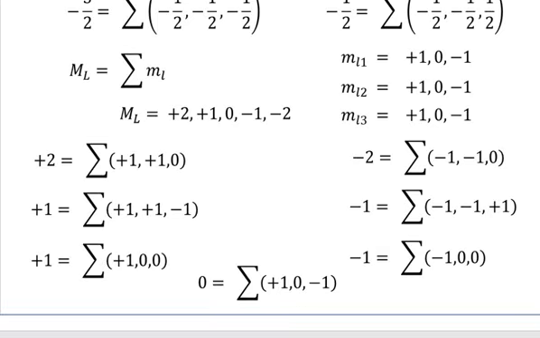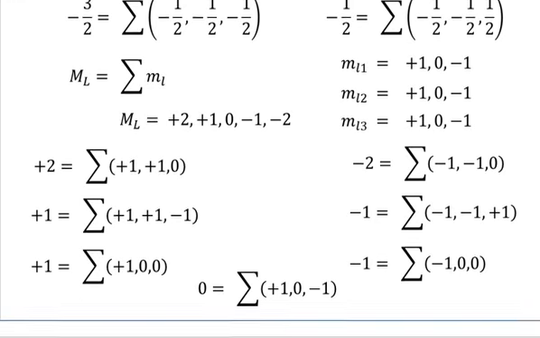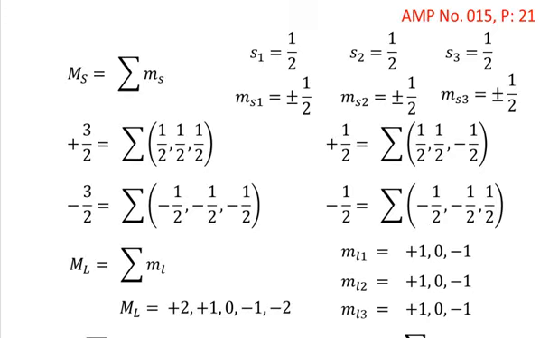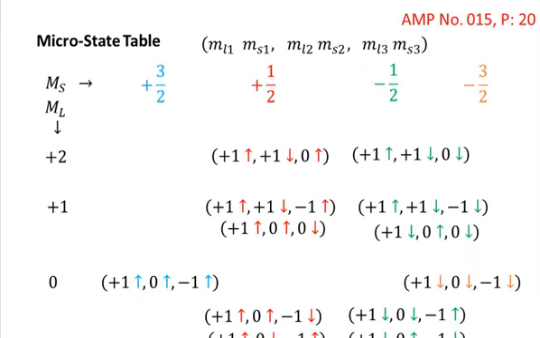So you see that I have given you the description of how you can construct the capital M_L and capital M_S values. And you know that you can combine these values over there. That is, the M_L1 and M_S1 values can be combined over here: M_L1, M_S1, comma, M_L2, M_S2, comma, M_L3, M_S3. So you can combine these values,